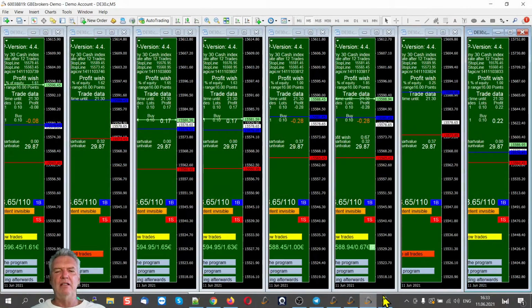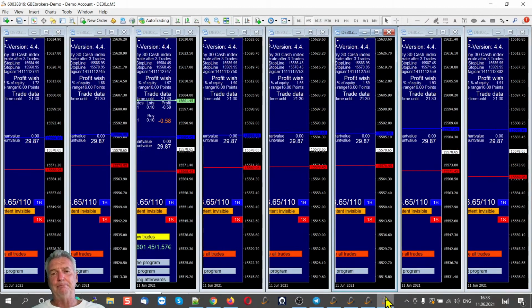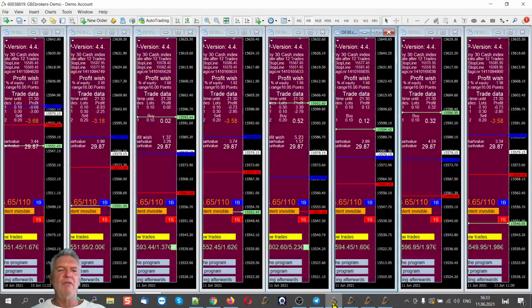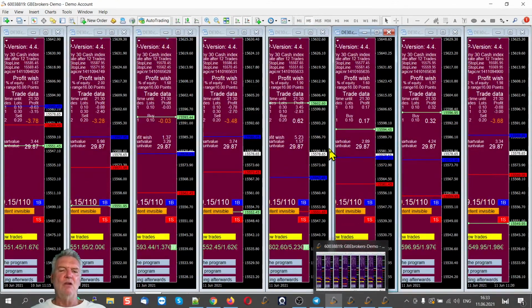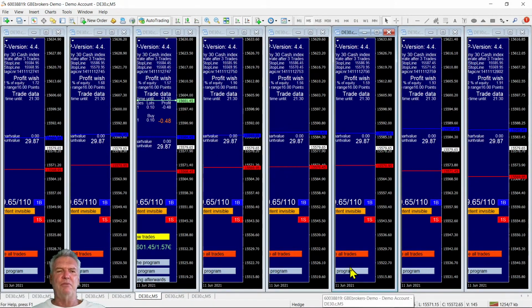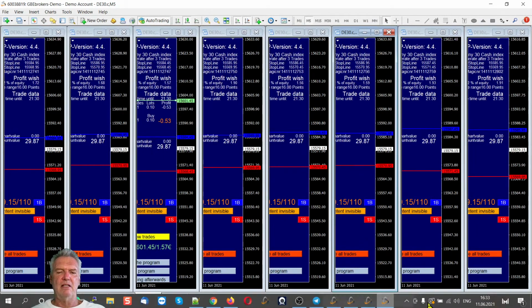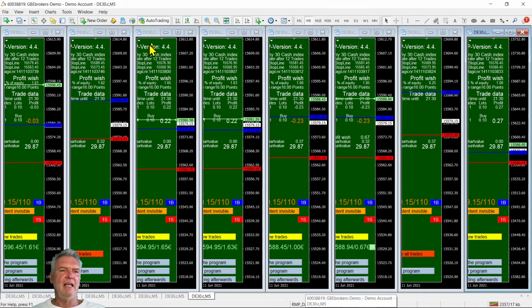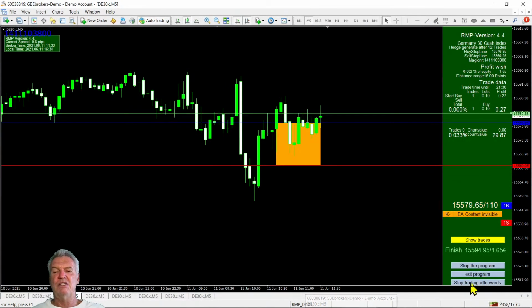Depending on the internet and your account size, you can trade as many windows as you want, but I recommend you start slow. So when we say, okay, when I reach the profit I want to stop trading, let's look where almost all the trades are running. I press stop trading afterwards, so when I reach the take profit,